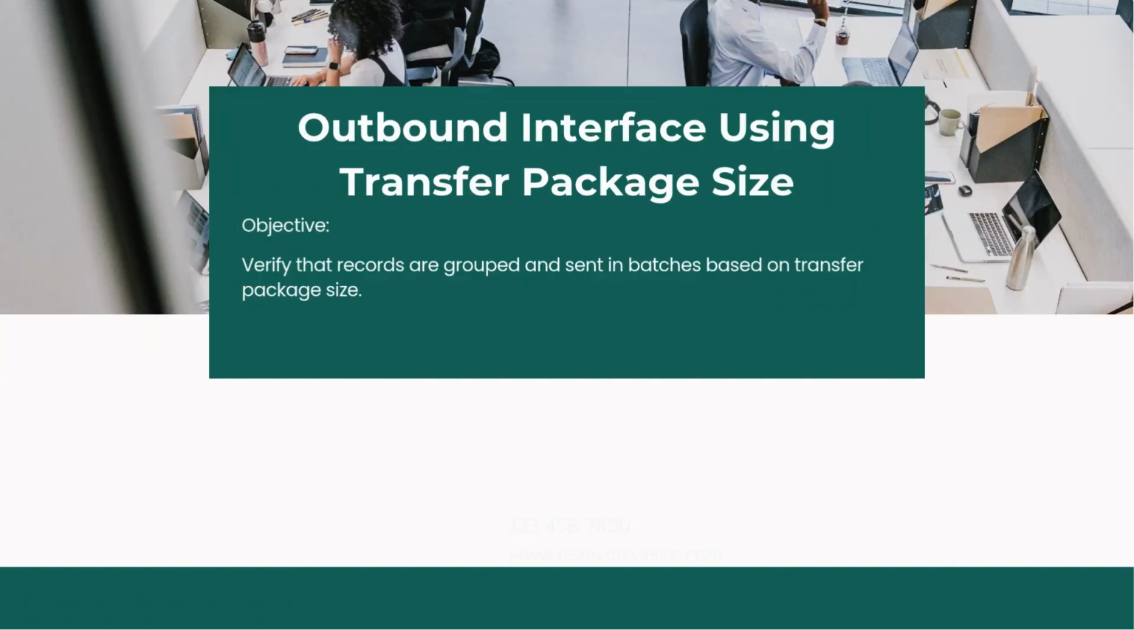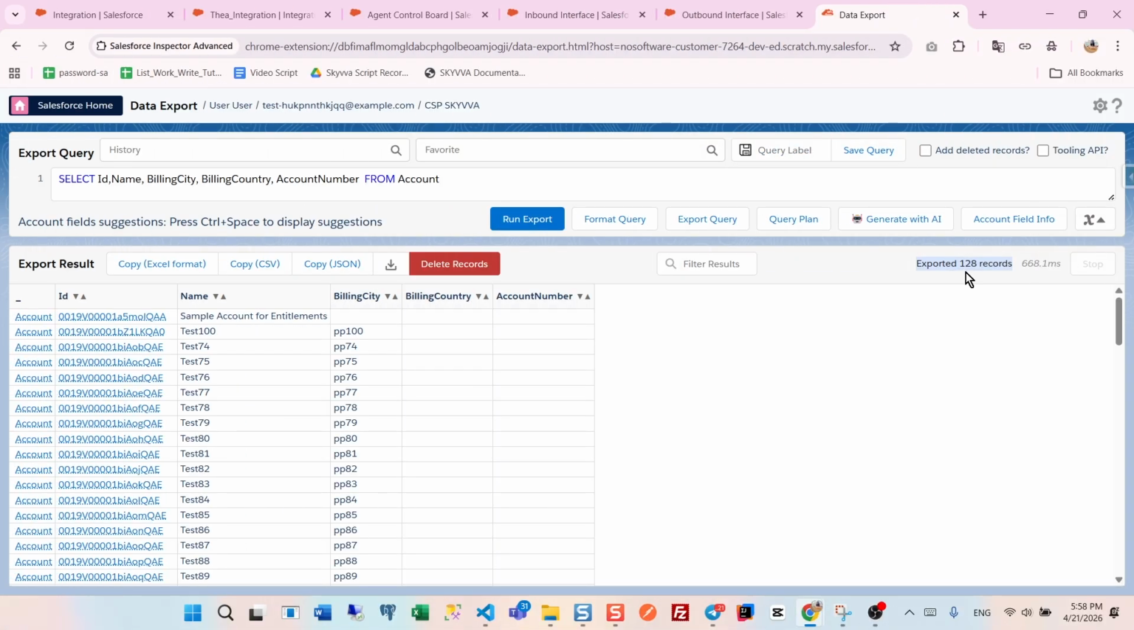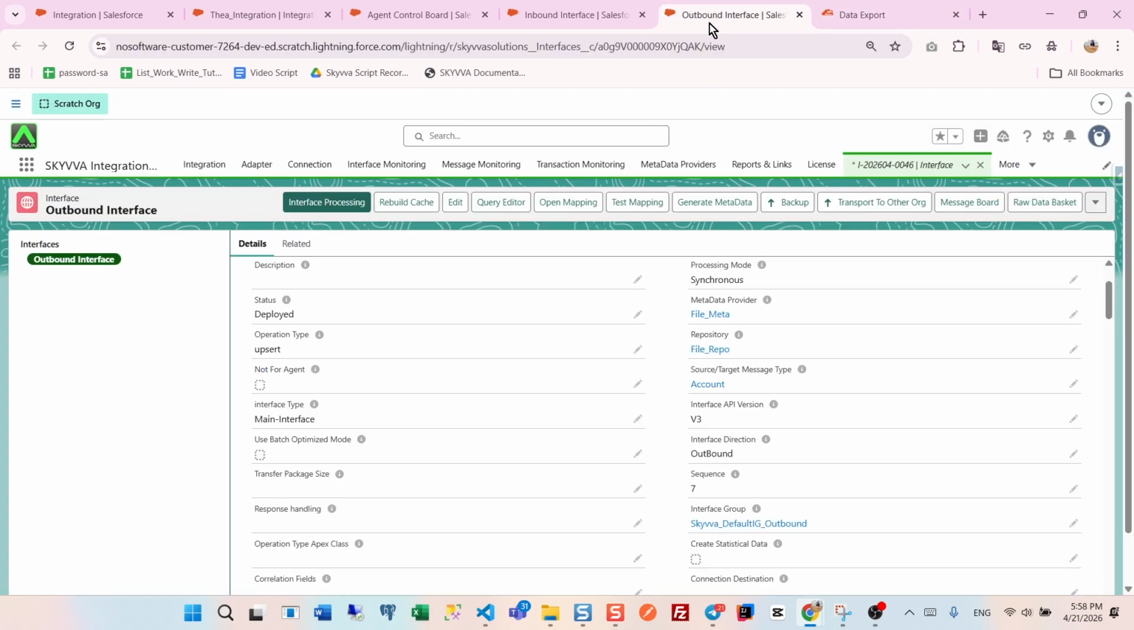Outbound interface using transfer package size. Objective. Verify that records are grouped and sent in batches based on transfer package size. We already have 128 accounts in Salesforce. Now, navigate to the outbound interface that has already been configured. Find the field called Transfer Package Size